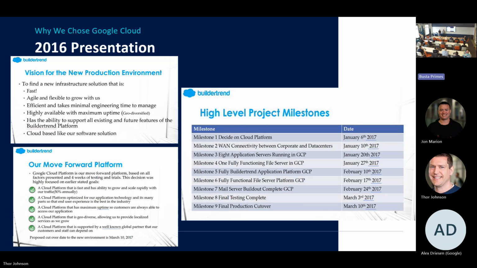We had a part-time DBA who's a firefighter that helped too. But yeah, I went back through the presentation and where we're at now is where we wanted to be. We talked about containers back then. We always wanted to get to that point, and that's actually where Google Cloud Platform has brought us. So I thought it'd be funny to show you guys where we actually started in 2016.